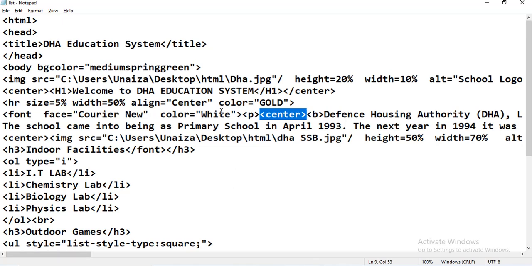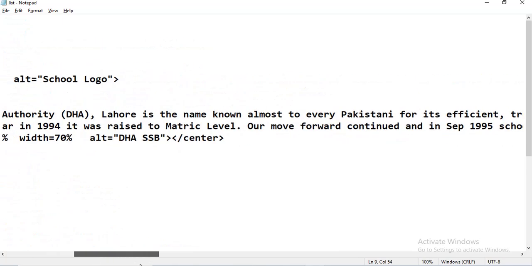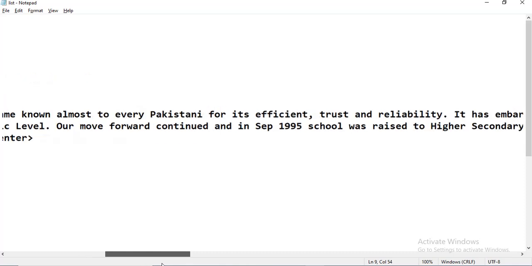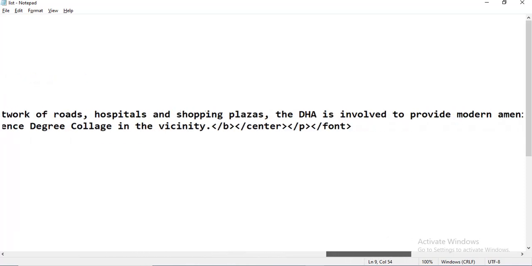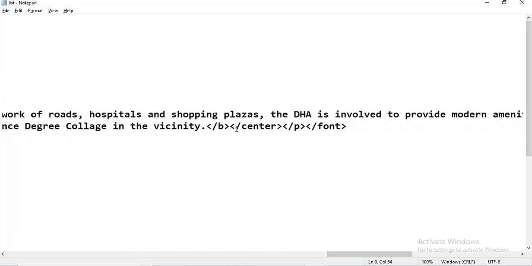Now, how you are supposed to close these tags which you have opened. The center tag, which is in the third place, should be closed at the first place. Okay,